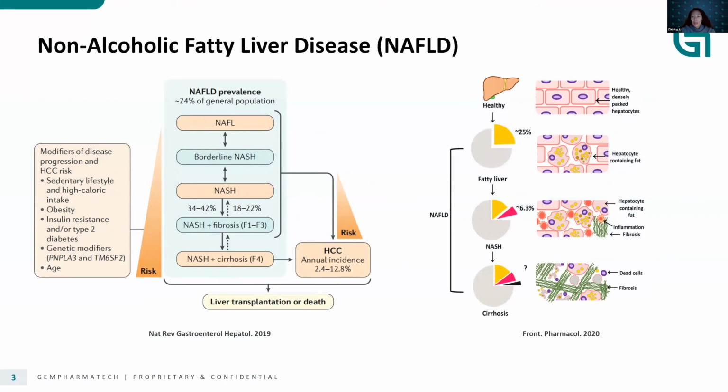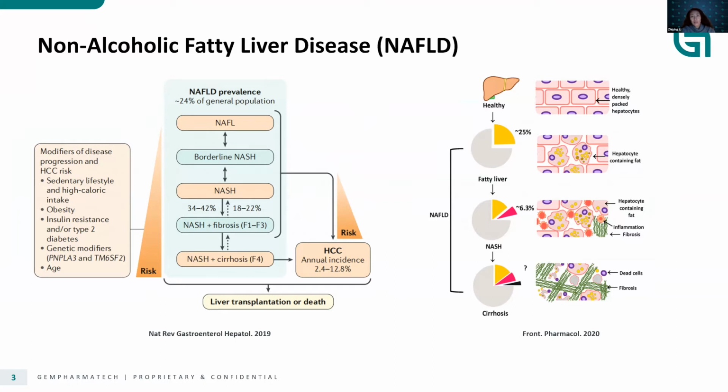And so today, as I said, we're going to talk about NASH and NAFLD, the non-alcoholic fatty liver disease, NAFLD, as we call the early phase of NASH. So here is a slide on the background of the disease in the human population. Overall, worldwide, we have about 25% or 24% of the general public who has the fatty liver disease or early stages of the NASH disease.